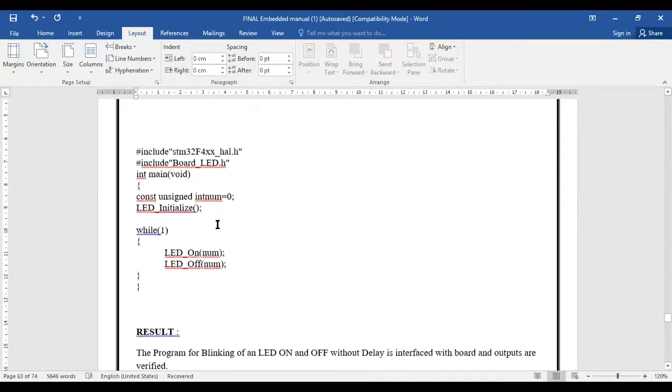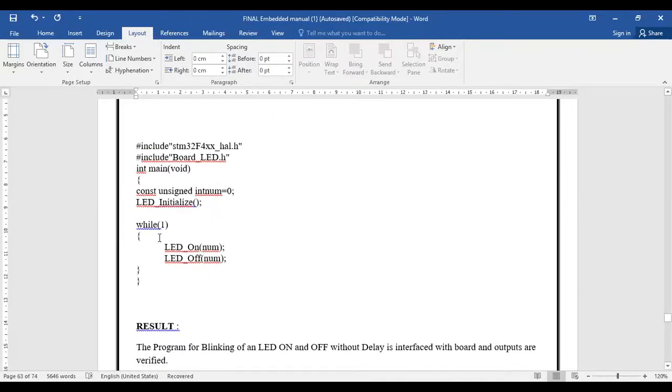If you see the program, it's a very simple program. As usual, we have a main program and an unsigned integer num declared as 0, and then LED initialize. We initialize the LED function, which is a part of board_led.h.